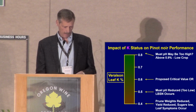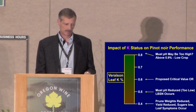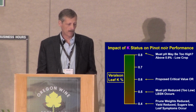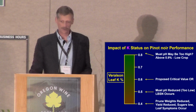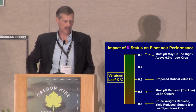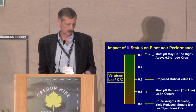You can see when veraison leaf potassium is around 0.4%, that's when we were affecting prune weights. We actually did reduce sugar accumulation 1 year. We also see leaf symptoms at that level. As you go up a little bit higher to 0.5%, which I showed that data, that's where we affect must pH. And so my proposed critical value is a little bit higher than that because I don't want to be